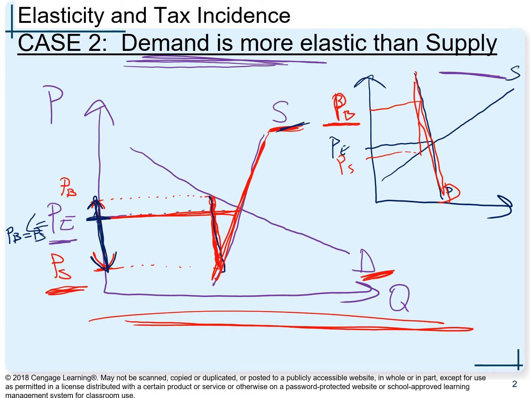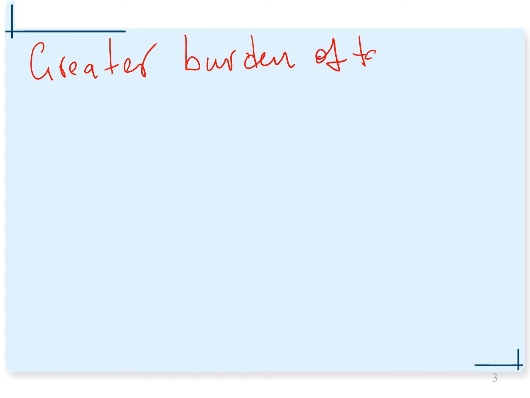So the conclusion is that the greater burden of the tax falls on the market with lower elasticity, or the one that is more inelastic. Remember, if it is inelastic, it means lower elasticity. So I'm going to make this conclusion here, that the greater burden of the tax falls on the side of the market